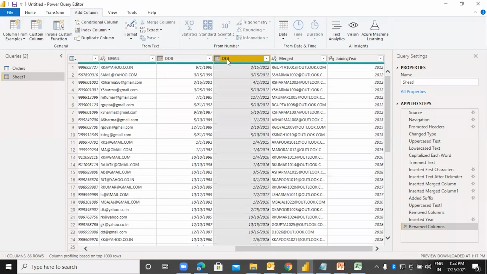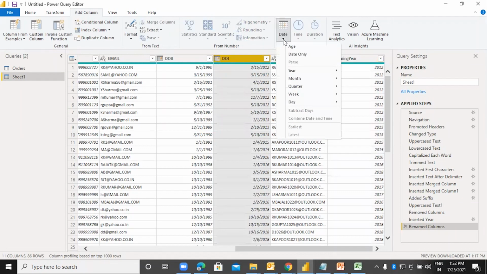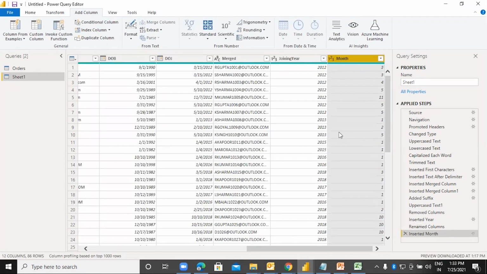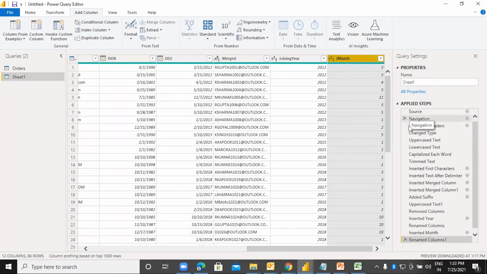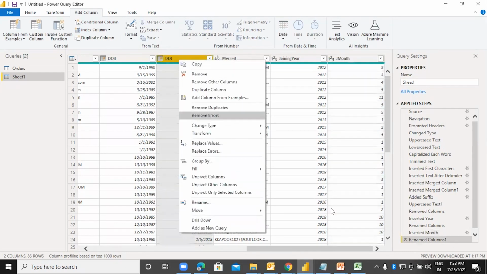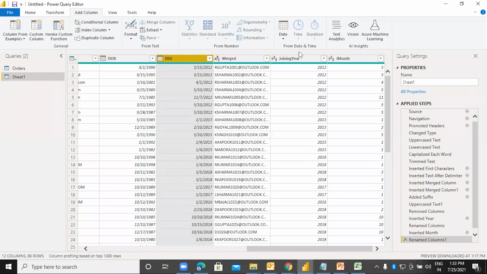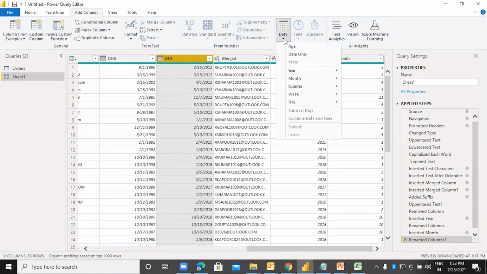Let us take the date of joining, and again let's go to the date. Similarly, if you wanted to find out which month of the year, let's take month. It will give you the month number, right? Let me say joining month. Let's go to the date over here.